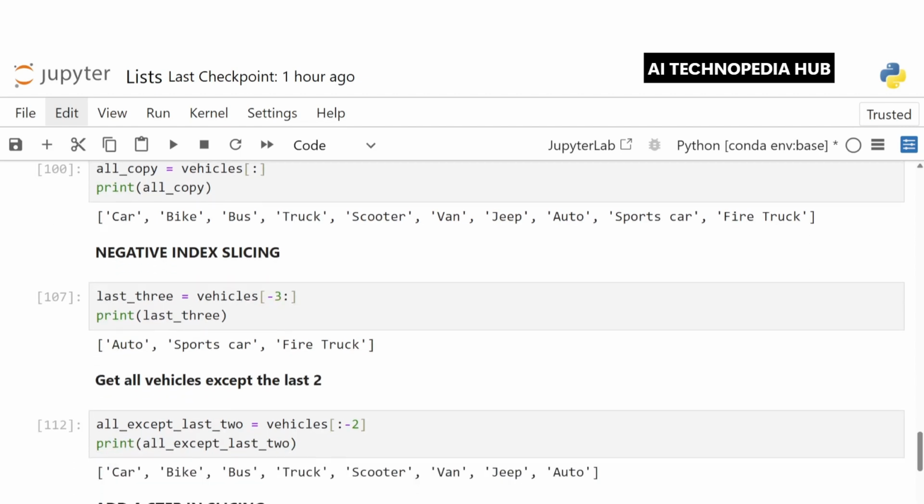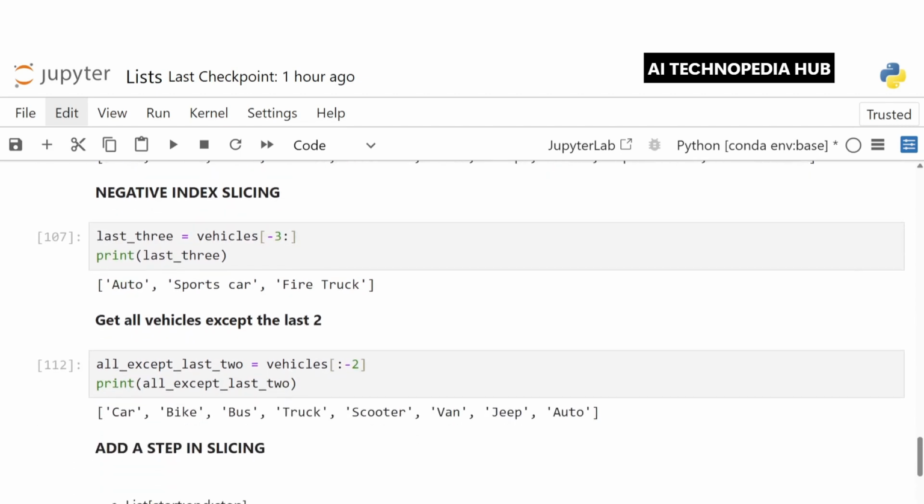Next, let's look at negative index slicing. We can also slice using negative numbers, which count from the end of the list. Now to get the last 3 vehicles, we'll write last_3 equals vehicles[-3:]. So we get the last 3 vehicles, which are auto, sports car and fire truck.